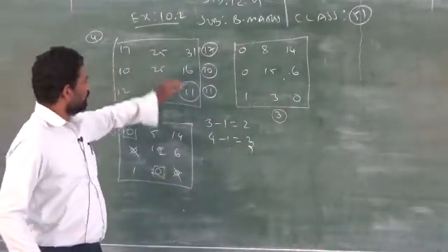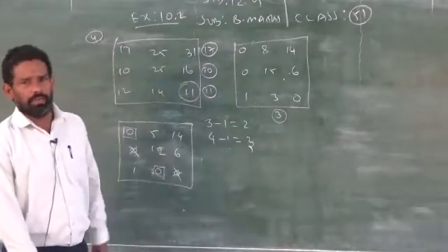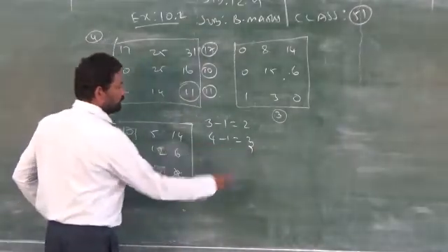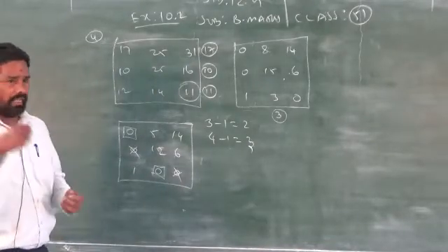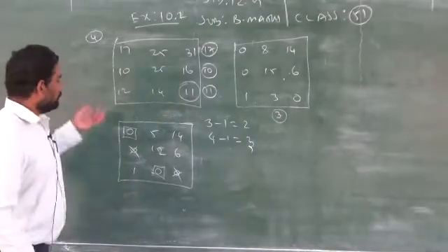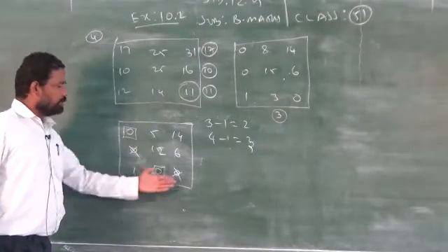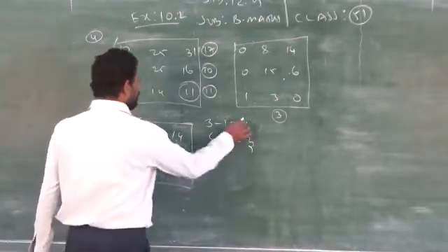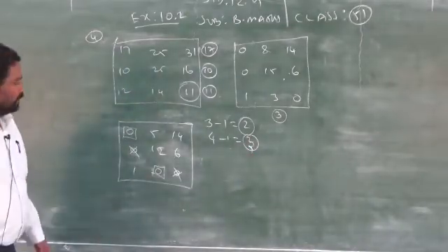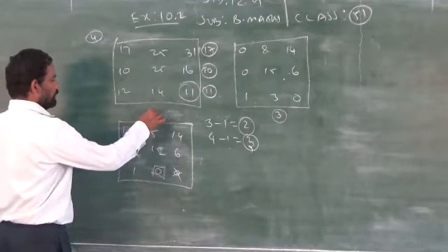Here it is 3 by 3, therefore 3 minus 1 is 2. That's the formula. Clear? If it is 4 by 4, you write 4 minus 1, 3. You have to use 3 strategical lines. What is meant by strategical lines? Very simple. You have to cover all the zeros by using 2 lines or 3 lines, depending upon the question. You may use 2 lines like this.